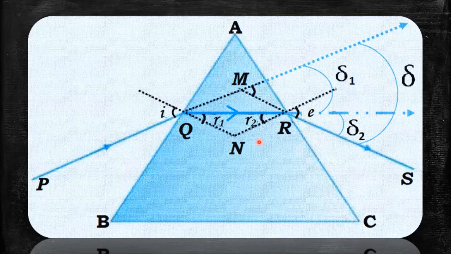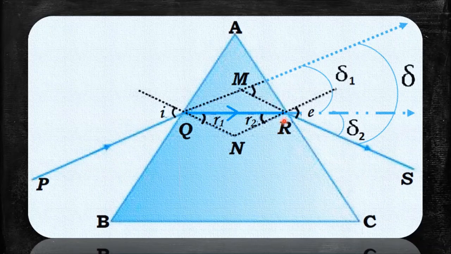Now what do you think has happened to this initial or probably the incident ray PQ? Don't you think that it got deviated twice? Well, how did we come to know? Well, let me take it one by one, correct? So, suppose I did not have the emergent ray RS, let me just extend ray QR ahead, and also at the same time extend ray PQ ahead as well. So I'm extending both ray PQ and QR forward.